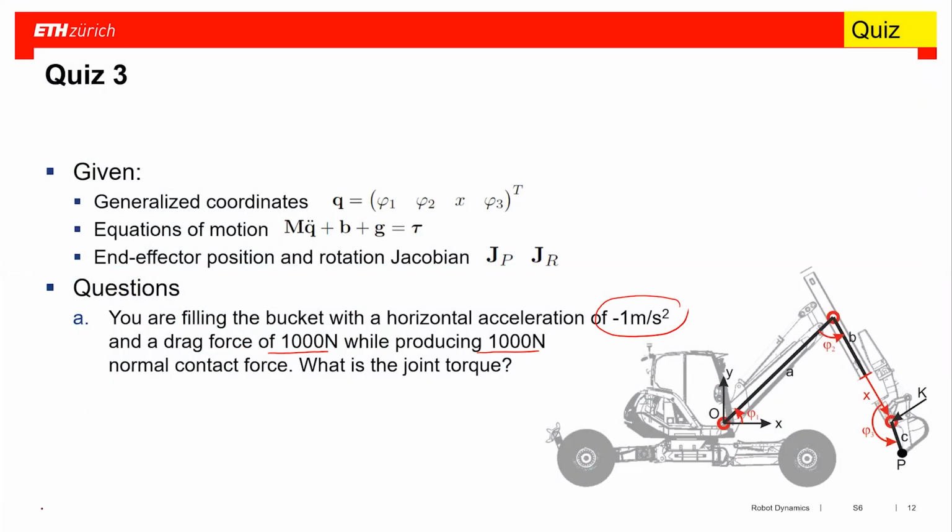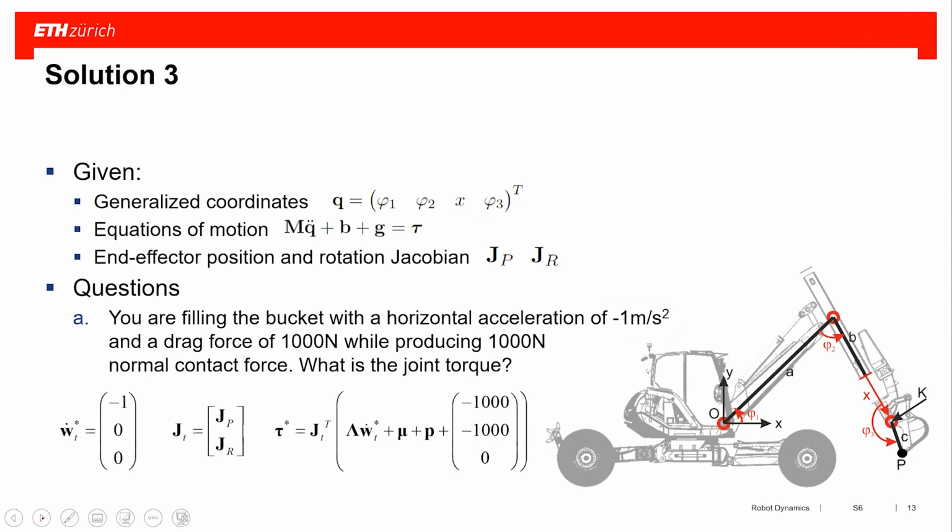All right, let's go back to this one again, and I directly present you the solution. So what we're doing here is first, again, we define this W dot. Now, in this case, we're not moving in Y double dot, but we're moving in X double dot by minus 1 meter per second. And then I take my task space or my operational space controller, which says, let's define this FE,